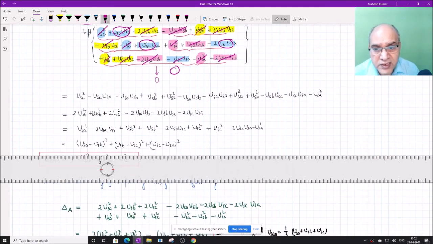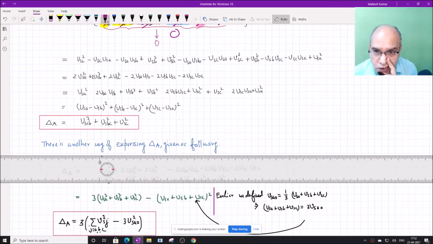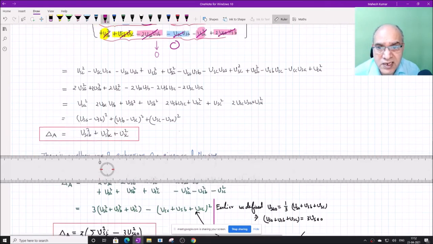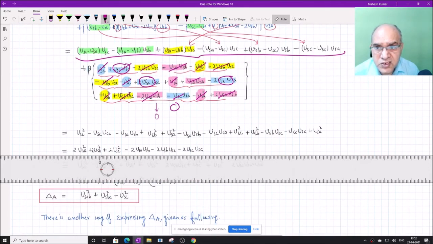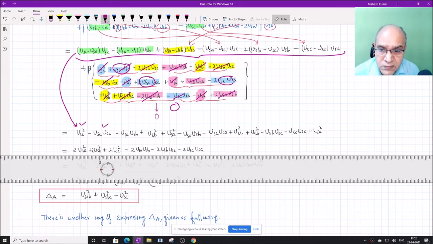And if we simplify this, then an interesting expression comes. So I just expanded this term here, brought it here, and multiplied by the respective voltages. So VSC into this becomes VSC square minus VSC VSA. This is minus VSA VSB plus VSB square, this one. Third one is VSA square minus VSA VSB, and this is VSC VSA plus VSC square, VSB square, VSA VSB, VSC VSB, VSC VSA and VSA square.